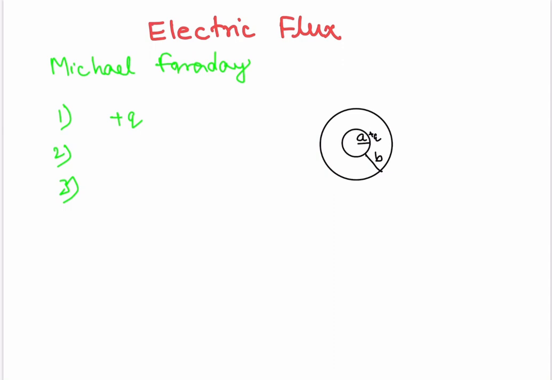Faraday's experiment showed that a larger positive charge on the inner sphere induced a correspondingly larger negative charge on the outer sphere, leading to a direct proportionality between the electric flux and the charge on the inner sphere. Further, Gauss, by his mathematical derivation, gave his famous Gauss law or Gauss theorem,